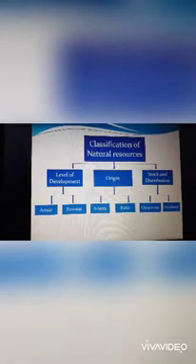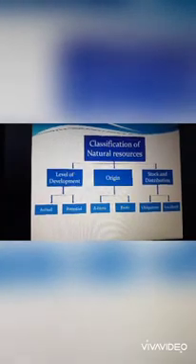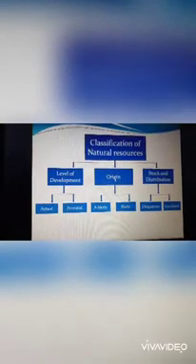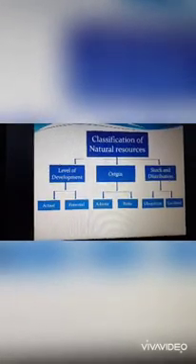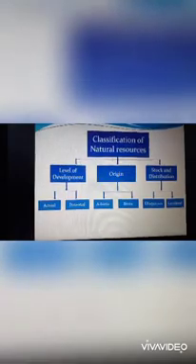So classification of natural resources is like the following. That is, according to the level of development, there are actual resources and potential resources. With the division of origin, there are abiotic resources and biotic resources. And when it comes to stock and distribution, there are ubiquitous and localized kinds of resources.